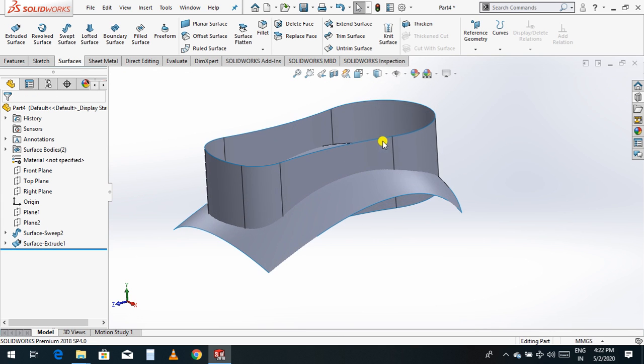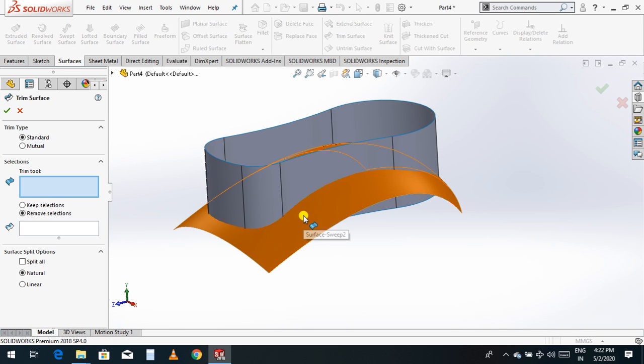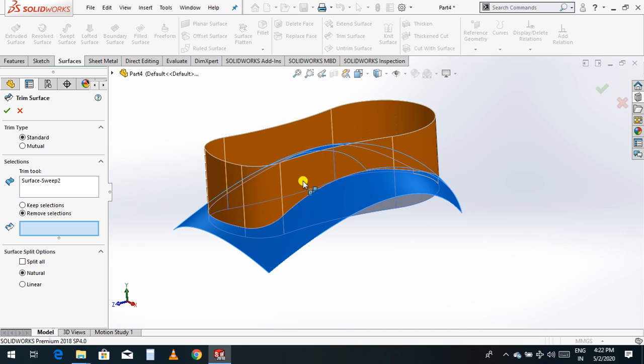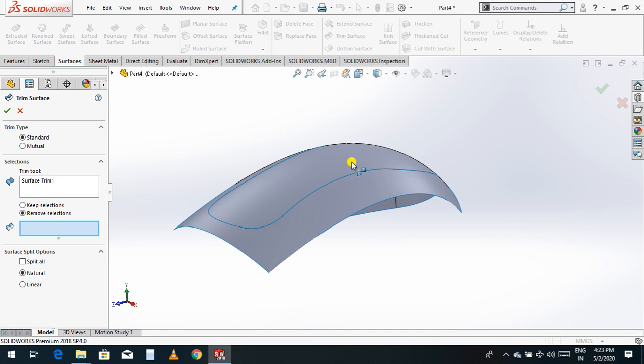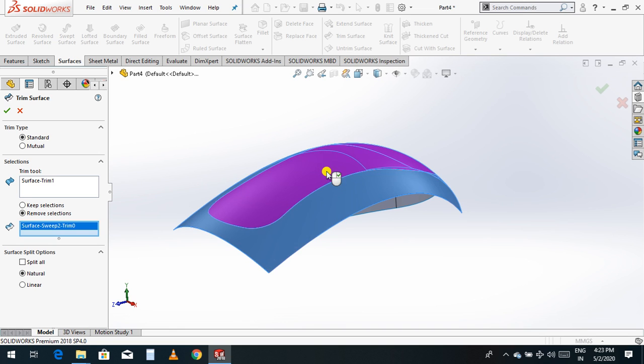Now what I have to do, just use this trim surface, select this one and this is the removable part, click OK. Again you use the trim surface, this one, and this is the remove part.